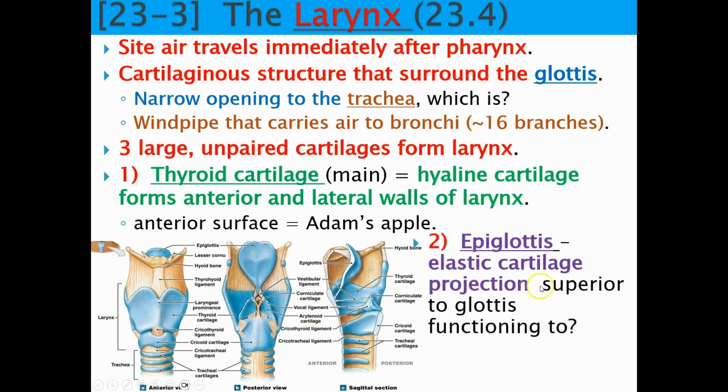The second one to note is the epiglottis, and notice this is elastic cartilage, all right? So it's an elastic cartilage projection upward that is going to function to cover the glottis during swallowing. So this is what's going to direct food, that makes sure that food goes to the esophagus, which is posterior to the trachea. The glottis just gets covered by the epiglottis, and that makes sure food does not go down the windpipe, which of course leads to coughing and choking. So the epiglottis has a big role of directing food appropriately. And it is one of the three main cartilages that make up the